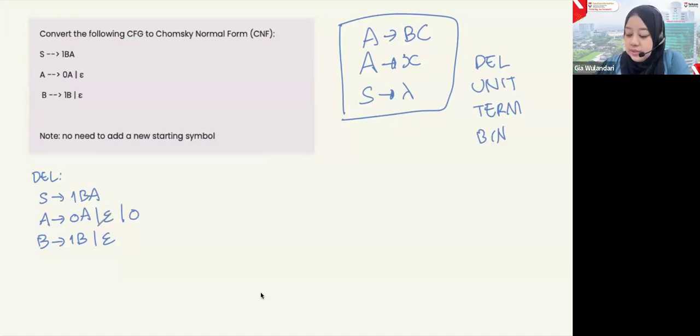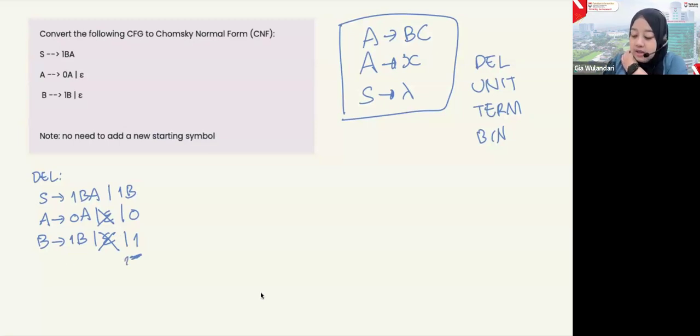To remove it, we need to add possibilities where A becomes empty. And here we may also only have 1B, where A is changed into empty. Other than that, we want to remove B as well. If B is changed into an empty string, then from 1B we can have only 1.